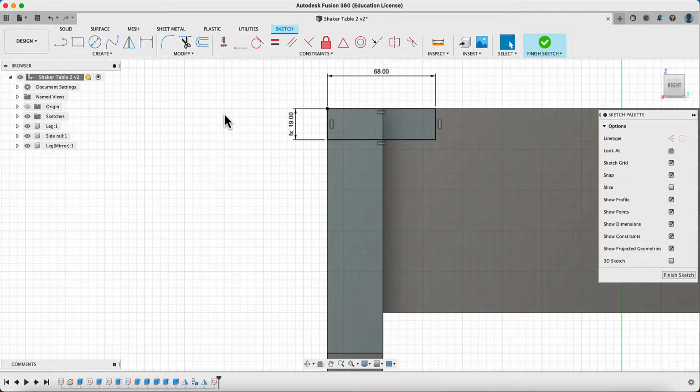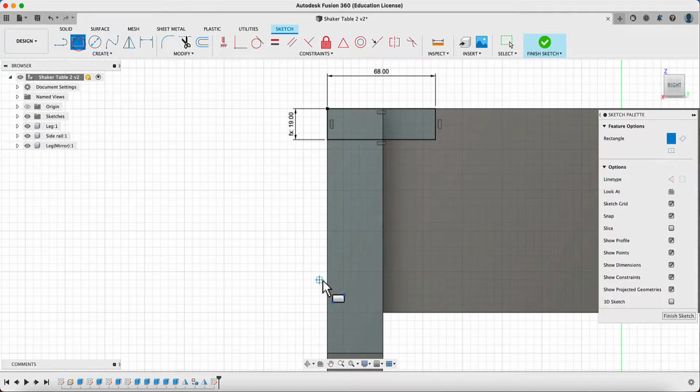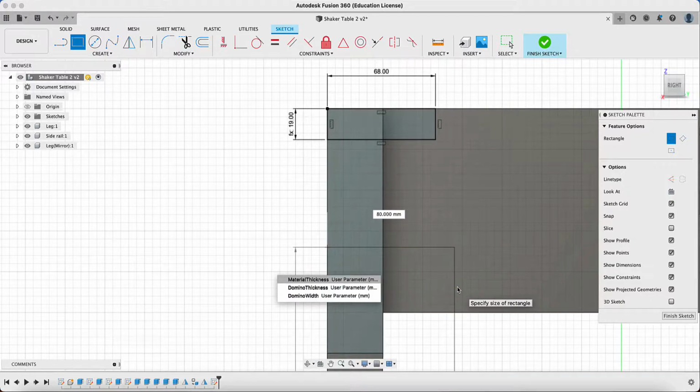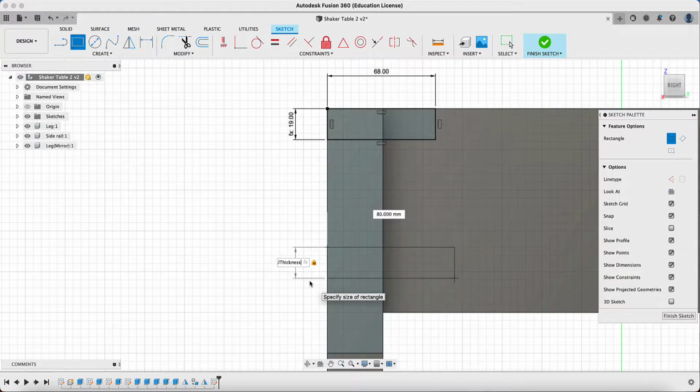So that's basically sort of the outline of the top rail. We're going to do the same again for the bottom rail. Now there's two front rails. Because there's a drawer going in at the front, we have a top rail and we've got a bottom rail, and the drawer goes in between. So again, we'll do a 2-point rectangle. Now where we start, this doesn't matter so long as it's on this line. And we're going to come out, and again, we're just going to go material thickness. So we've got that, tab, 68,